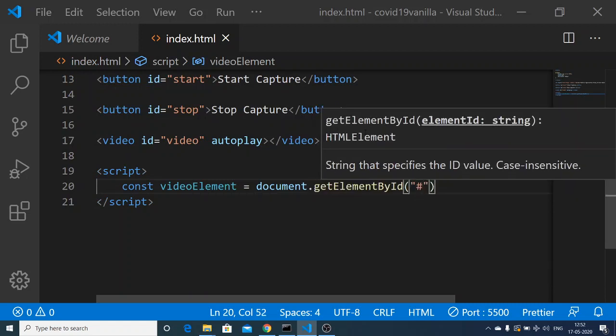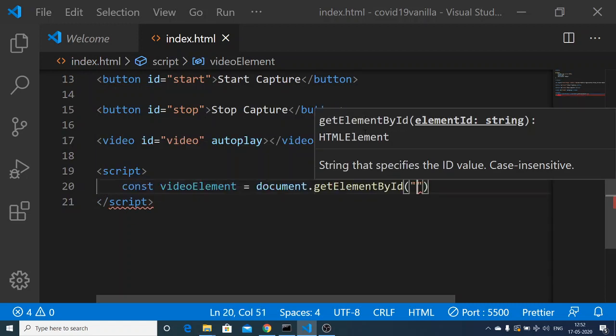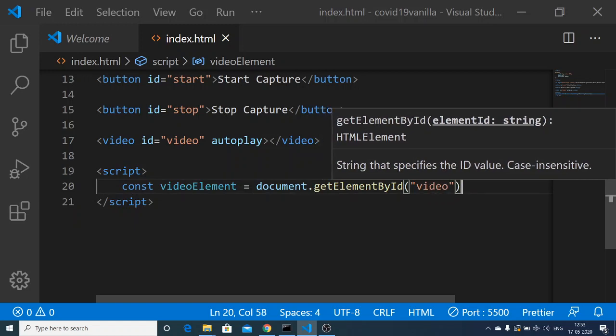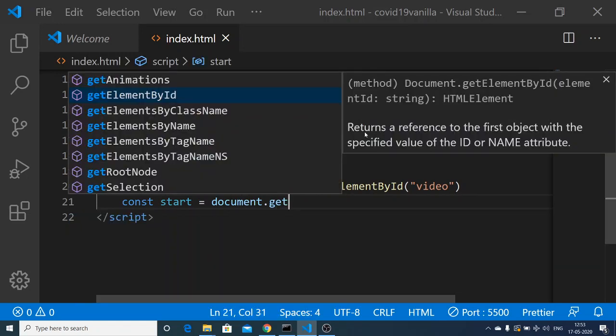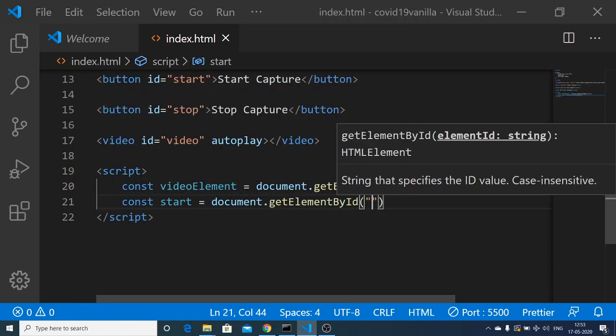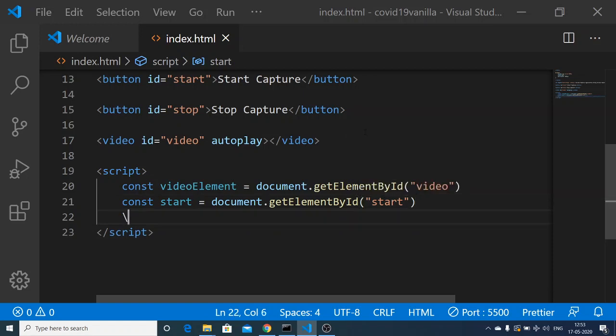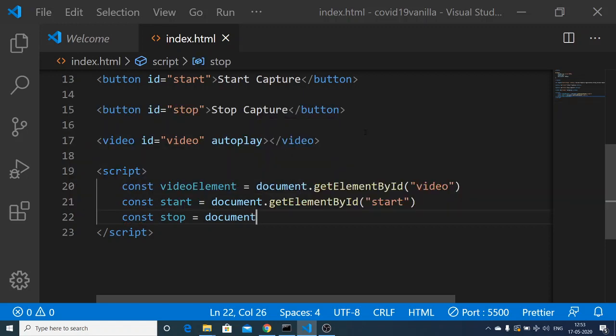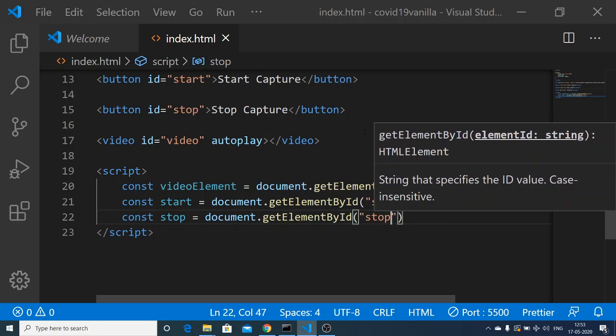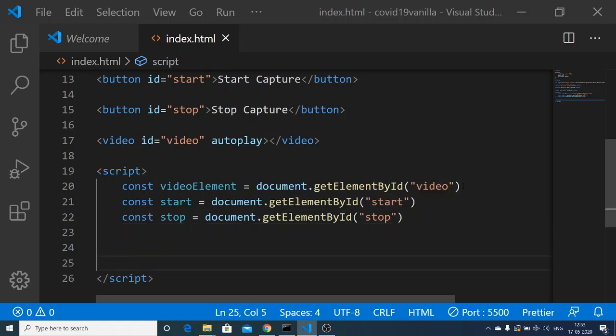We have given this the ID video, and also the start and the stop button. And this time the ID is stop. So now we have successfully got the references.